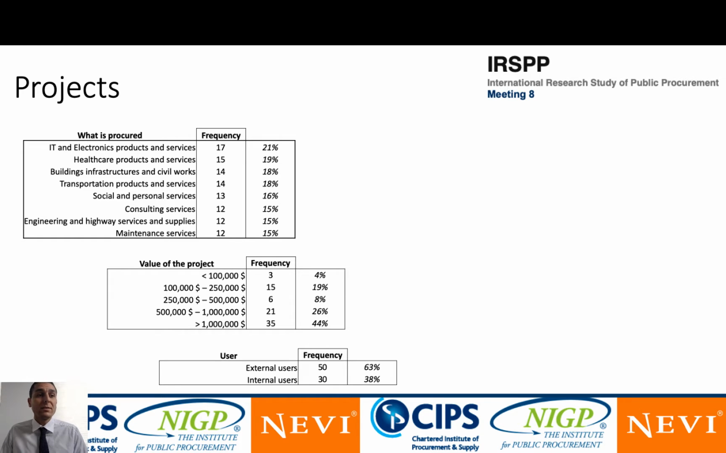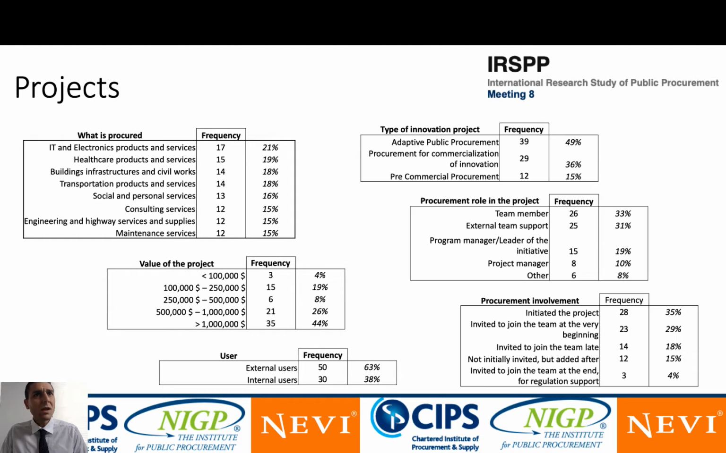So we have 80% of projects which were covering a high value in terms of money, and most of them, 63%, were started with the objective to satisfy the need of an external user. In terms of characteristics, in terms of type of innovation project, we have a predominance of, you may